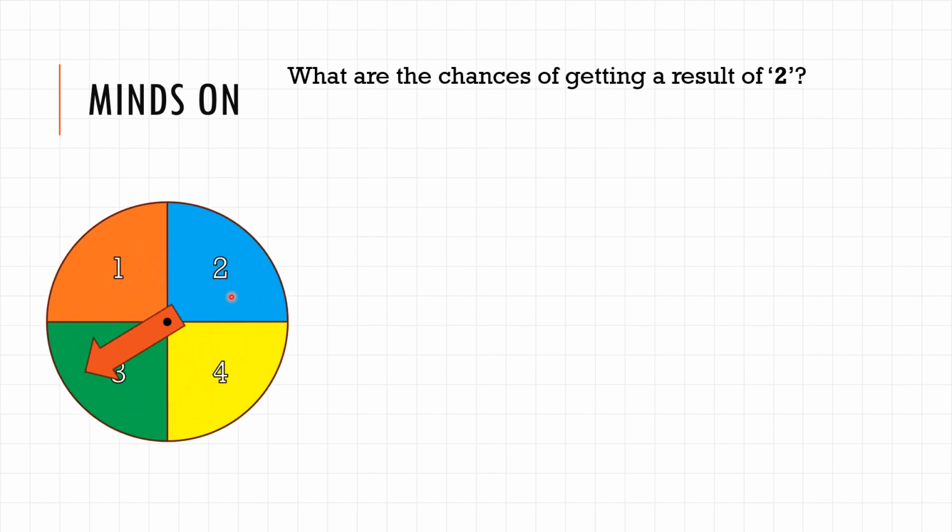Now this experiment is using a spinner wheel, but there are lots of other ways which we can talk about running a probability experiment or a game of chance. Another way might be to throw a die. This is something called a D4, a 4-sided die. You roll this, and whatever number ends up on top is the number that you've rolled. Again, what would be the chances of getting a result of 2? In this case, the chances of rolling a 2 is still 1/4,